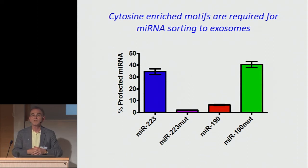Ultimately, I'm most excited that we can reproduce this whole pathway in a cell-free reaction, because it means that we have the ability to fractionate the system, to ask which other proteins are required for this biogenesis event. Clearly, there'll be many other proteins that are responsible for budding a vesicle into an endosome or budding it from the plasma membrane. And what excites me most is our ability to use traditional biochemical means to try to answer